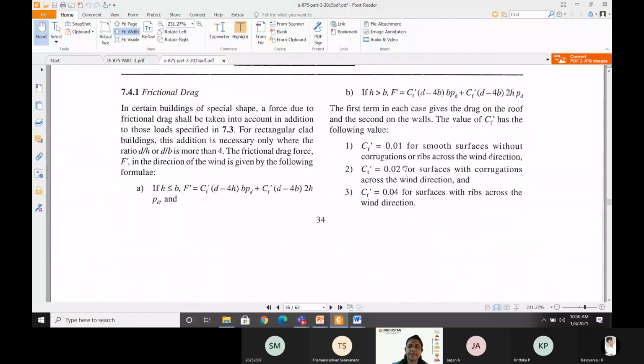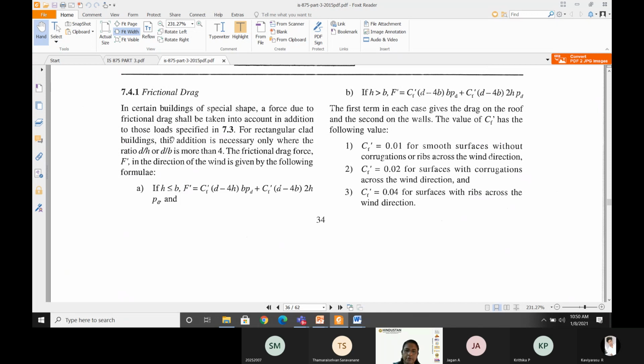Then you have so many other parameters here. You have drag force, lift force, so many things. Wind engineering is a very complicated topic because you don't know exactly the direction from which the wind is coming. When wind is acting on a particular structure, two types of forces are developed. One is called drag force, the other is called lift force.